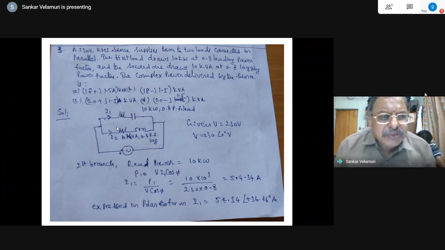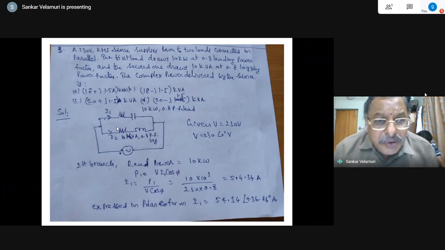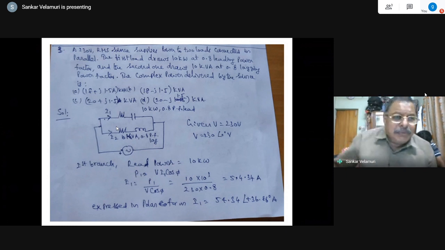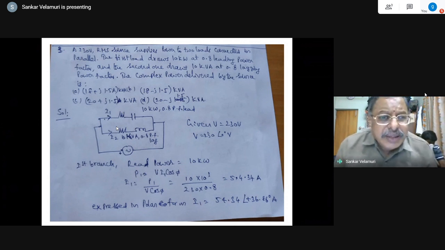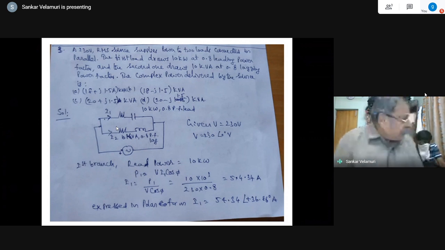So please bear with us, and because there is no interaction directly, I am unable to know whether you are able to follow it or not. But anyway, our admin system is checking that if there is a problem with the transmission, they are asking us to rejoin. So that is why there is a small break, because of some discontinuity in the power supply, perhaps. Although we have got an inverter connection, because of that maybe we have to rejoin, and because of the power supply failure in the house, that can happen. Okay, so these are practical problems.